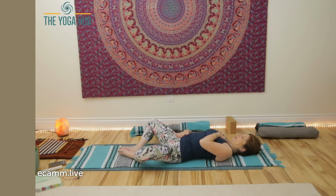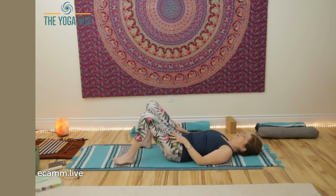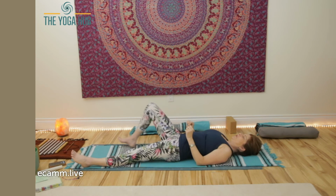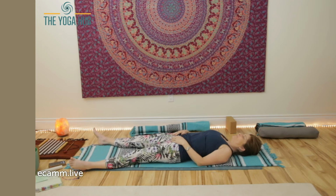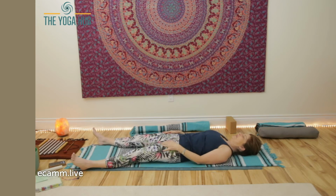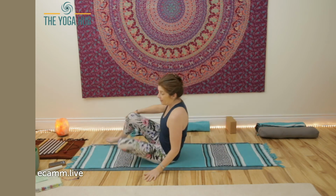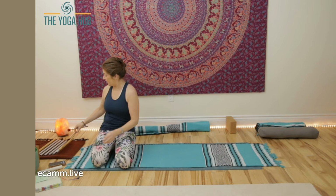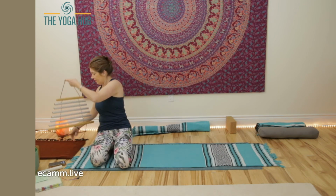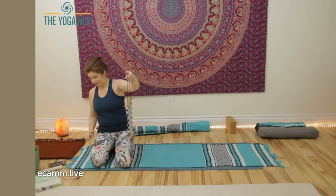Nice. And then slowly, let's help the knees together and come into our Shavasana. So if that means putting on socks, putting on layers, getting a blanket over the top of you, just take your time to come into Shavasana. Maybe you take your rolled up blanket underneath your knees. If you have an eye pillow at home, it's always nice to place an eye pillow over you. Just allow yourself now to come into Shavasana,